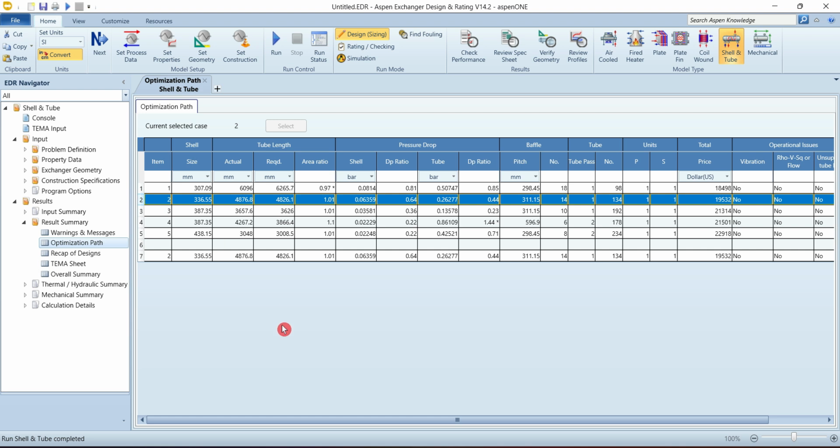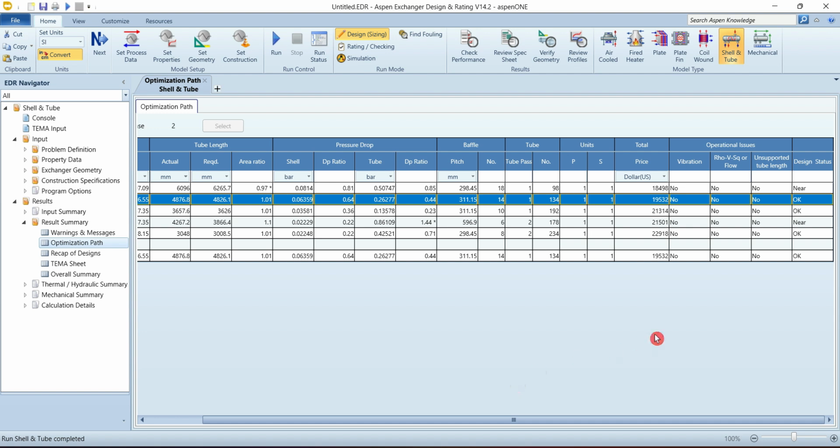Can you just predict why it has taken this most feasible option at number 2? So one option is minimum cost. It's not the minimum one. The minimum one is $18,000, and this is next to the minimum, $19,000. But the design status, EDR was unsure about the feasibility of the design itself. So whether the design is the most appropriate one for the given exercise or not. So it was doubtful. It put a status of near feasible, but the other one, second, third, and the